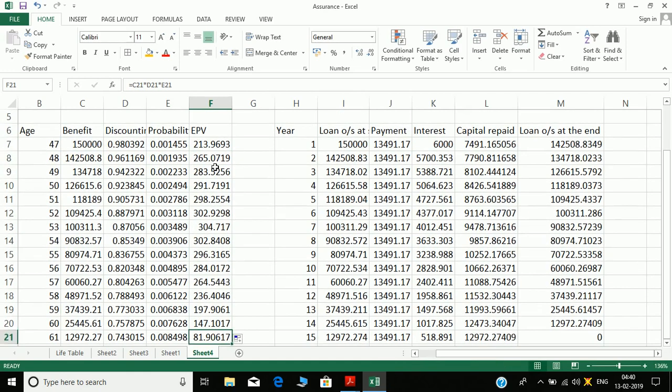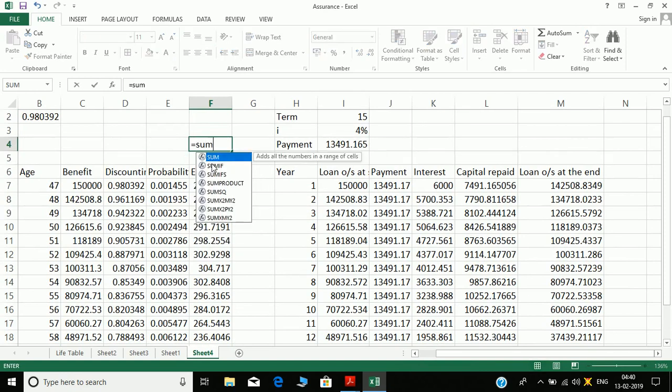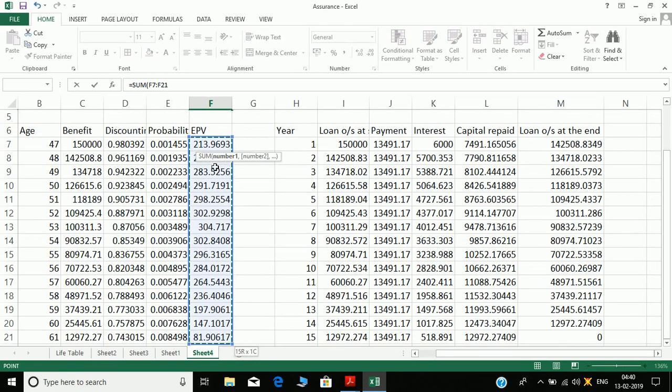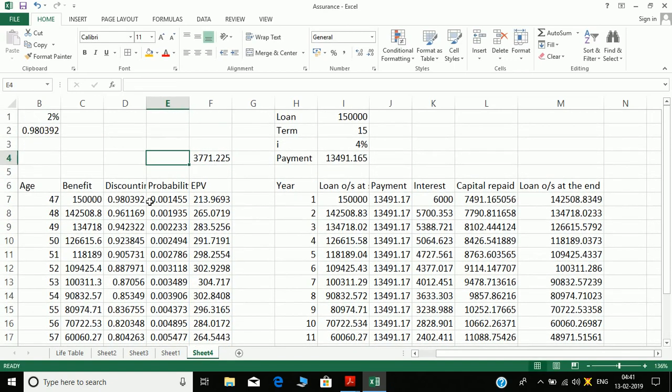So these are the EPVs I get, and sum of EPVs is equal to my answer, 3771.225. So this is the EPV answer I get, this is the EPV of the term assurance.